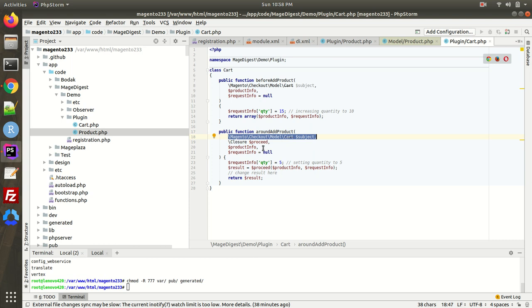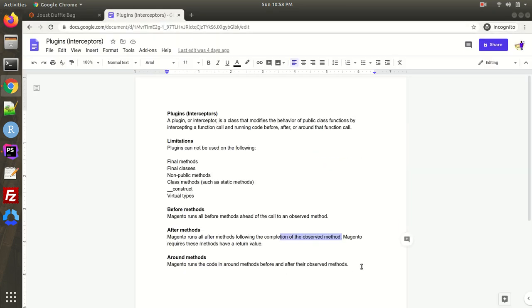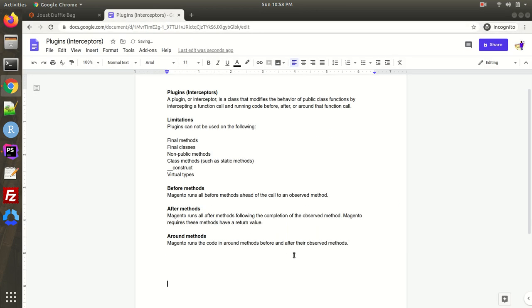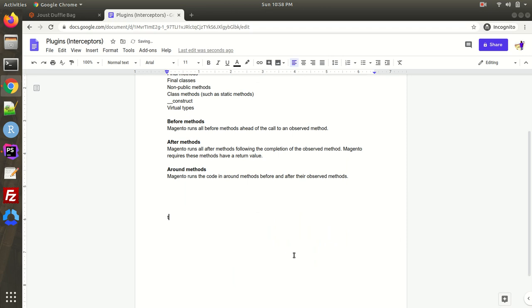Over here, one key difference that we have to notice is that after the subject we have to use this class, that is the closure class. I'll explain what it does. Let's say what happens in the around plugin is that first it will come to your method. That is done around.